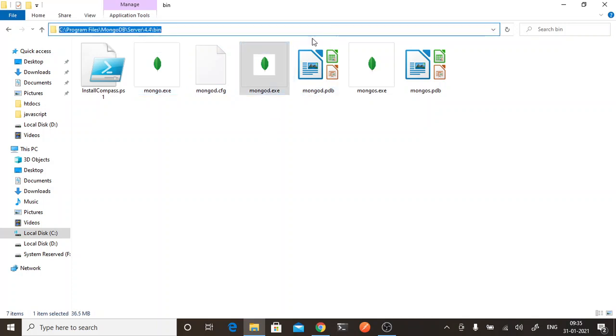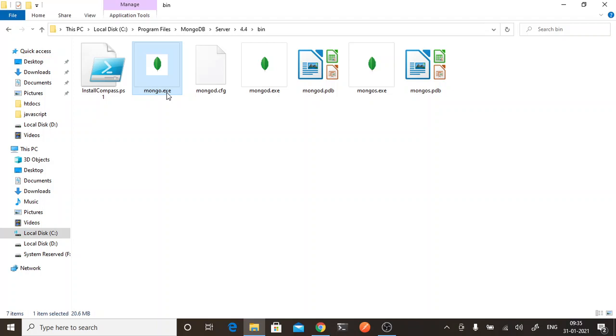This path you need to set in your environment variable. Mongo exe is to start your Mongo shell. As you have the SQL shell, in the same way you have the Mongo shell here. And the MongoD exe file is for starting the server. As you start your Apache server, in the same way MongoDB has a server which needs to be started.